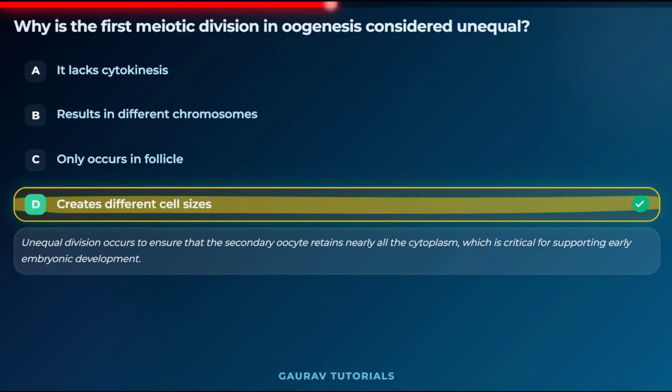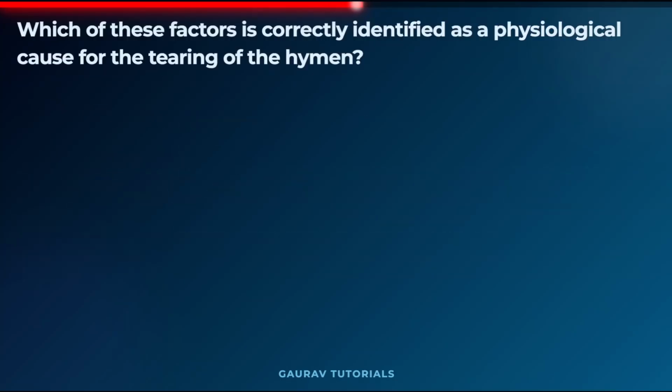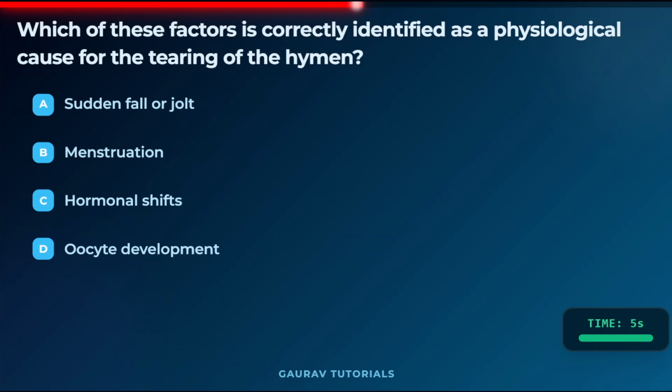The unequal division occurs to ensure that the secondary oocyte retains nearly all the cytoplasm, which is critical for supporting early embryonic development. The next question is: which of these factors is correctly identified as the physiological cause for the tearing of the hymen? The options are: